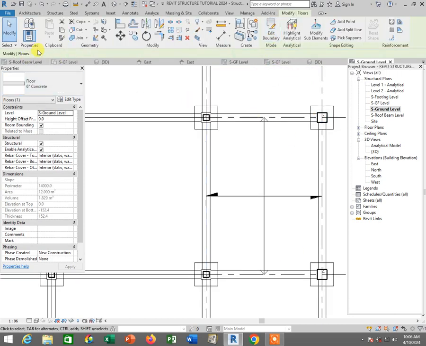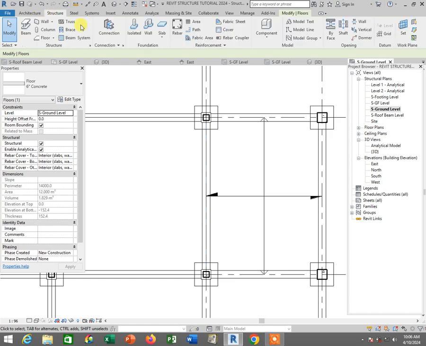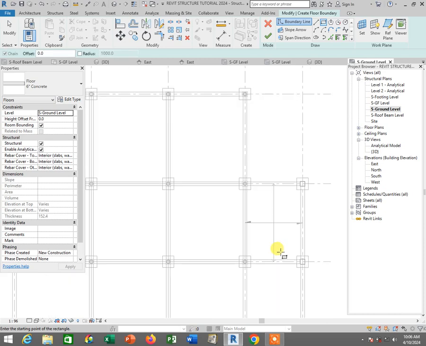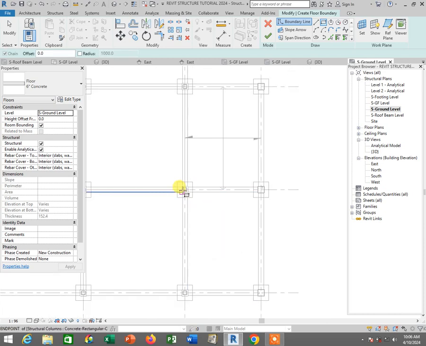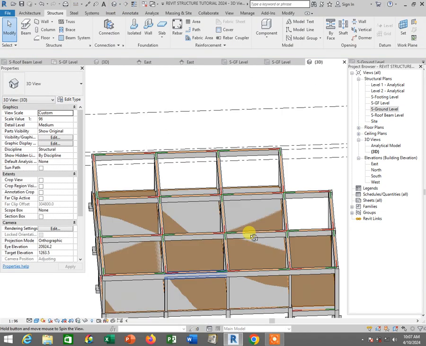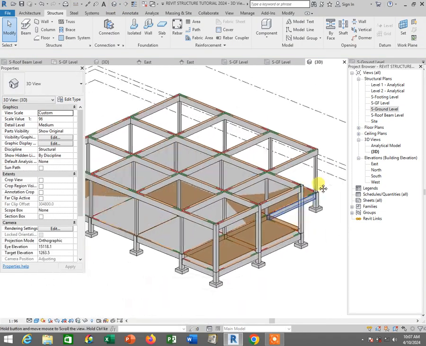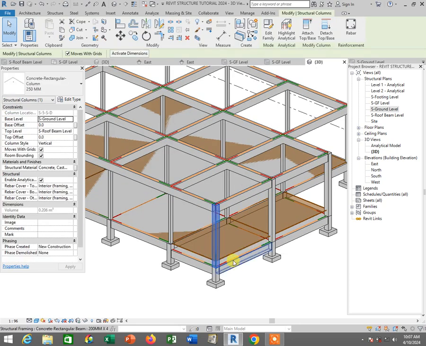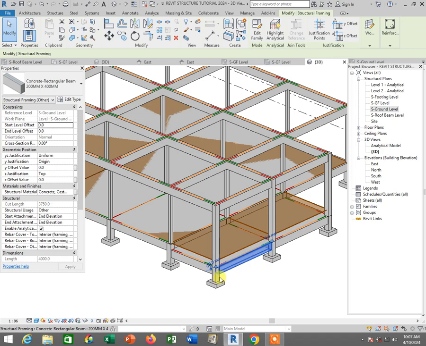Go to structure, go to floor, click on rectangle, click from this point to this point, and click on the green tick. And there you have it, a complete Revit structure project, including the columns, the ground beam,